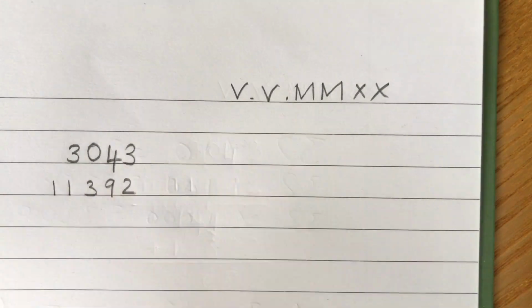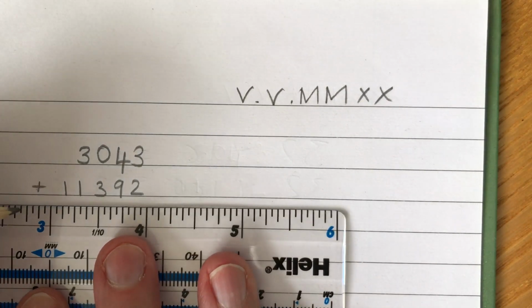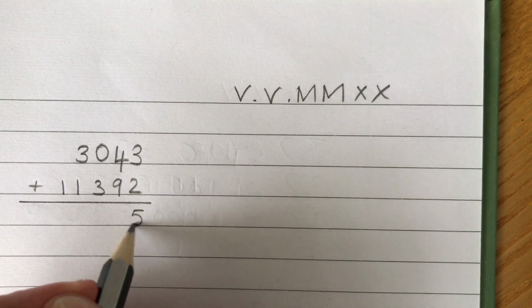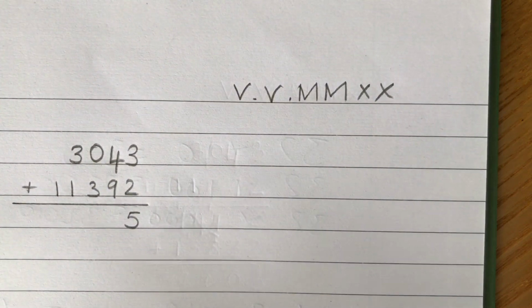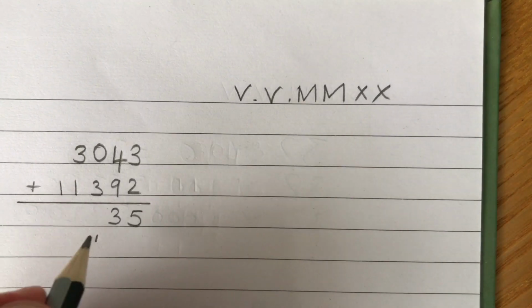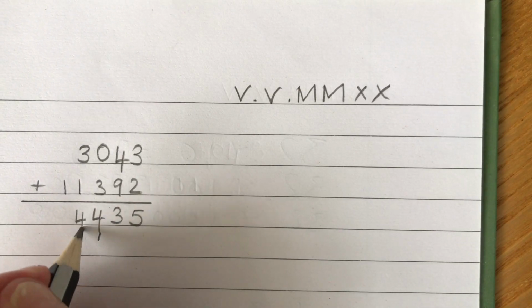So we'll add that to show that they've been delivered. So adding those together, 3 add 2 is 5, 4 add 9, that's the same as 10 add 3, so that's 13, 0 add 3, add the 1 is 4, 3 add 1 is 4,